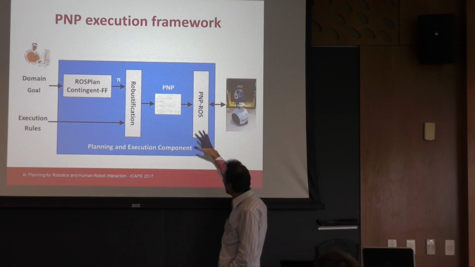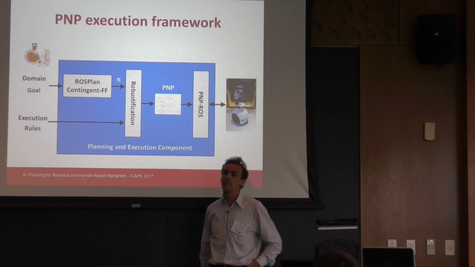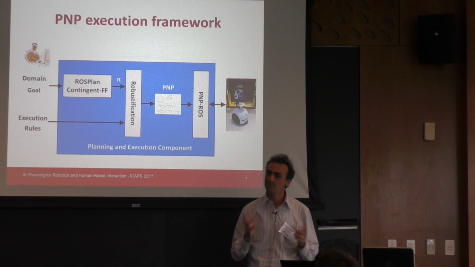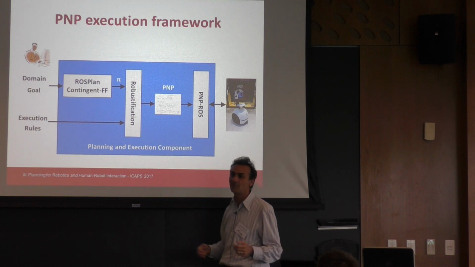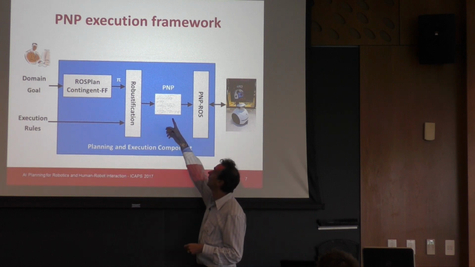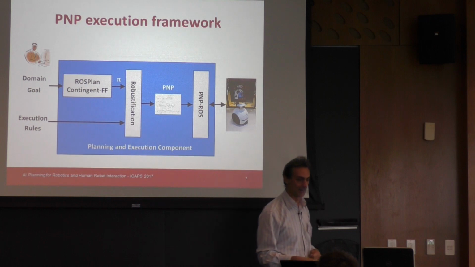So the idea is that only this PNP will be executed without any other piece of code that is hidden. And so if there is a failure or there is something that doesn't work, you can look at the PNP and check what's